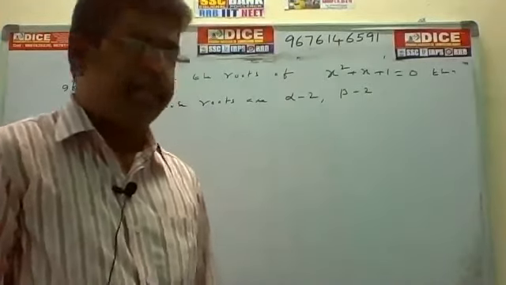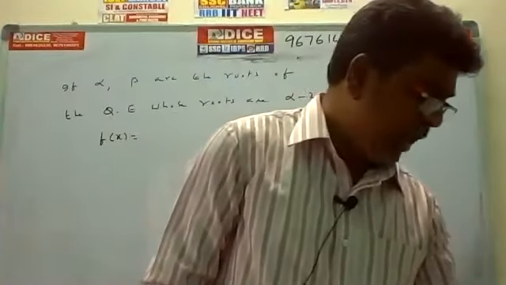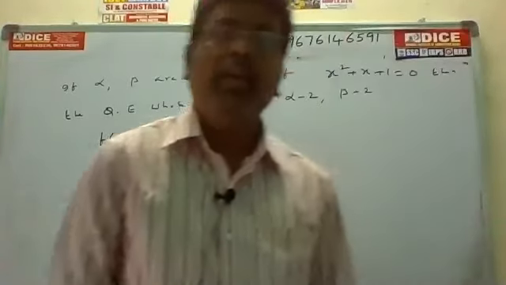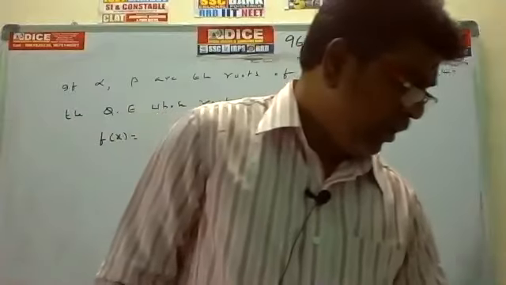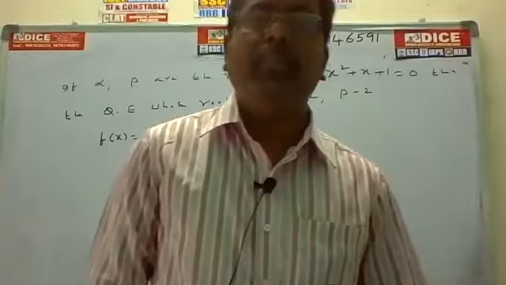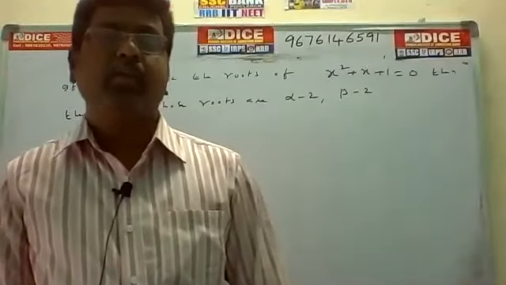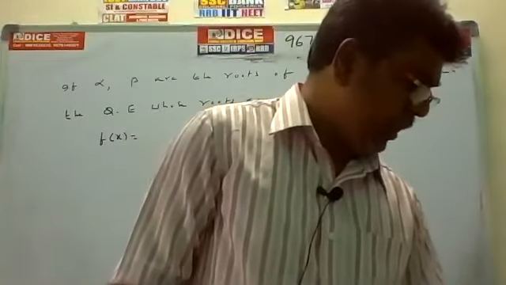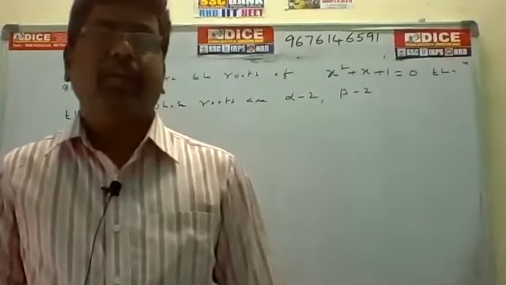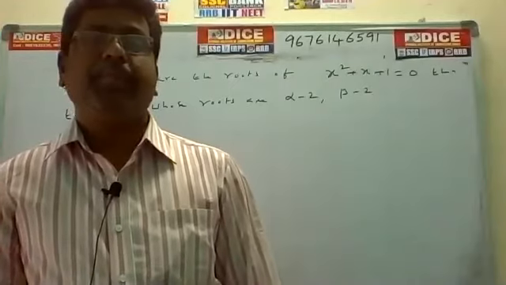x square minus x plus 1 is equal to 0, from Scientish. Wrong answer, Scientish. x square plus 5x plus 5. Actually, Bhavani, I can check. The answer is x square plus 5x plus 5. Okay, we can check.